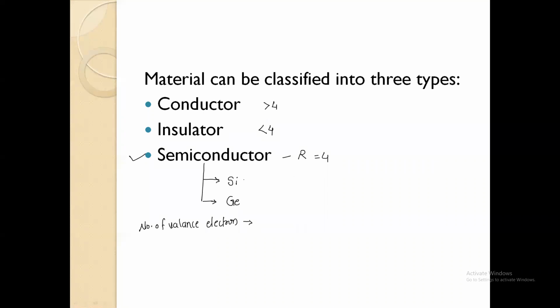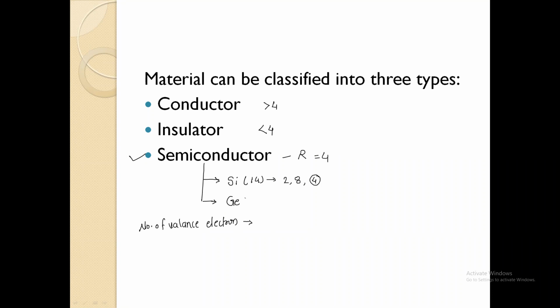Do you know what the atomic number of silicon is? It is 14. So how will the electrons rotate around the silicon atom in different orbits? In the first orbit, 2 electrons can rotate. In the second orbit, a maximum of 8 electrons can rotate. So 2 plus 8 is 10, and that's over. So in the last orbit of silicon, 4 valence electrons are present.